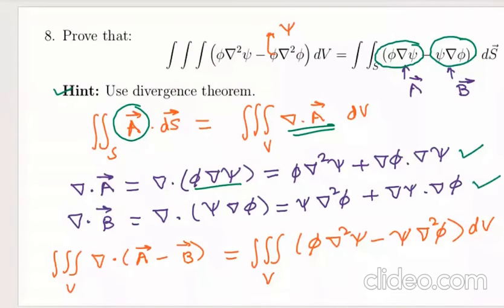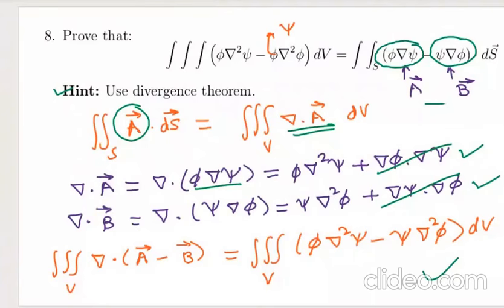And now this overall surface integration will be equal to the divergence of A minus B, and you already calculated the divergence of A and the divergence of B. You can just subtract these two values. This term and this term will cancel each other because A dot B or B dot A is similar. So you will obtain this final result. Any doubt here? Okay, if there is no doubt, we can move to the next question.